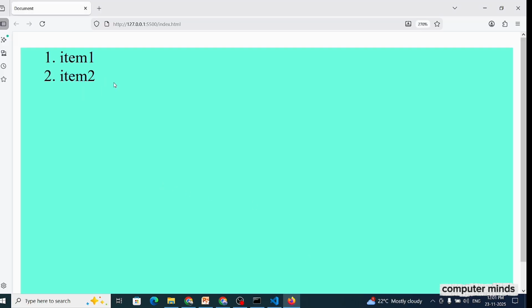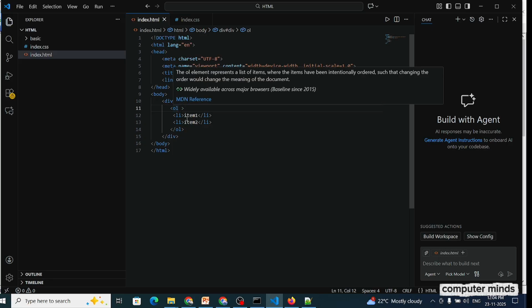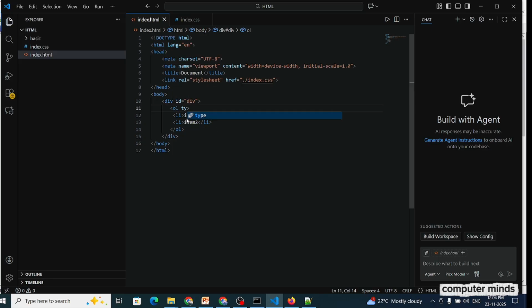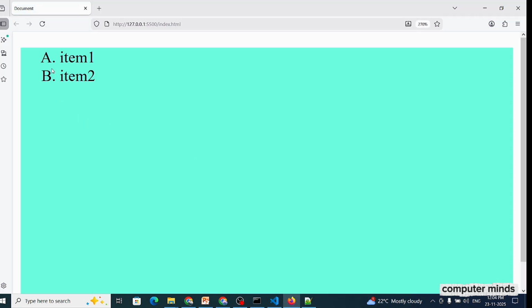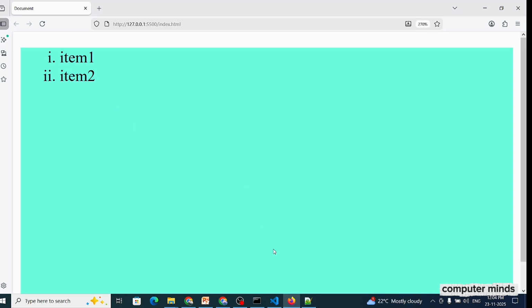It gives you numbers by default, 1, 2. Let's change to any other numbers. Go to the OL and add a space; in the type it will automatically suggest what you want. If I type A, it will give you A, B. With I, it will give the format in Roman numerals.